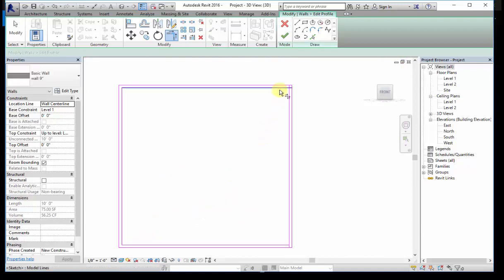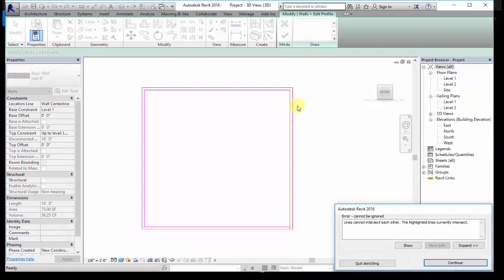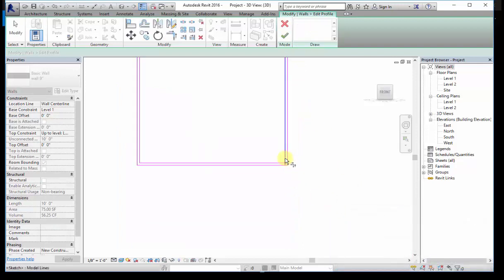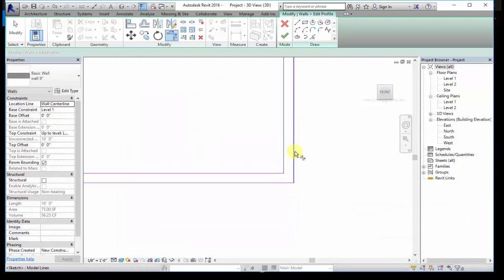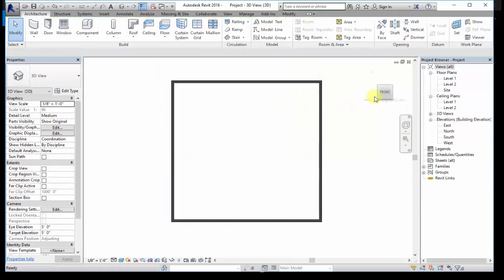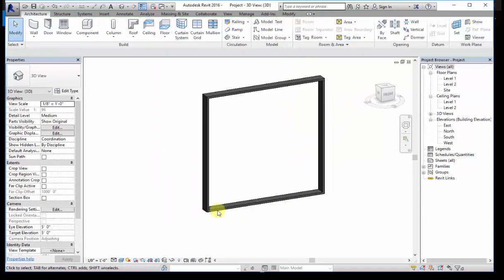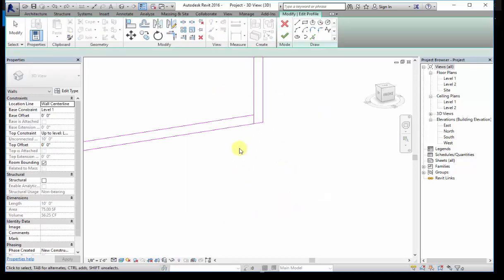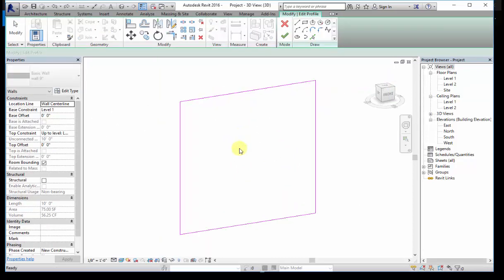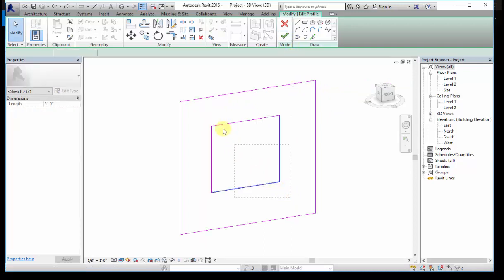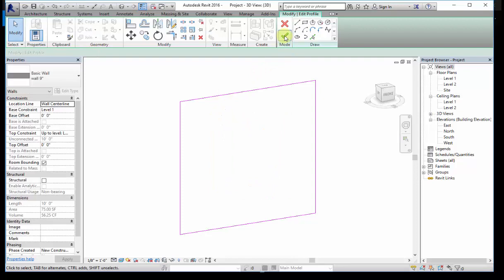Like this. Now just click on finish and see. Even here it was the same, so it did not finish. Now you can see only this frame is left out and all the rest has become hollow. This is a major rule of edit profile. Keeping these two rules in mind, you can do the edit profile mode very easily. It's a very easy thing.